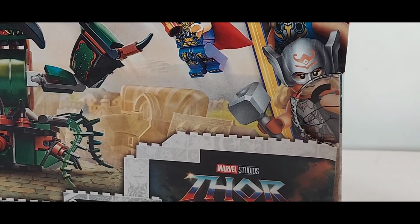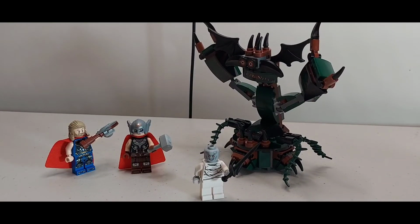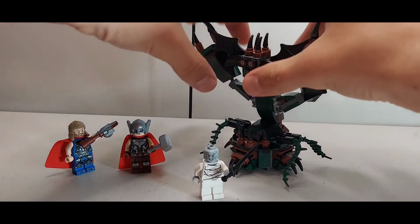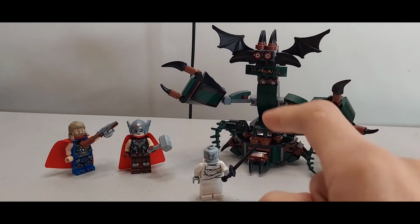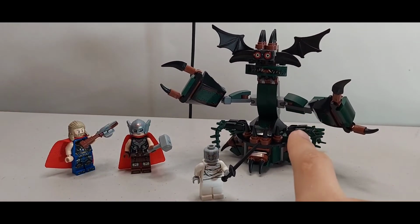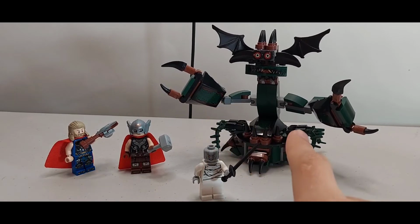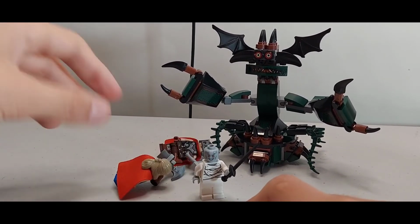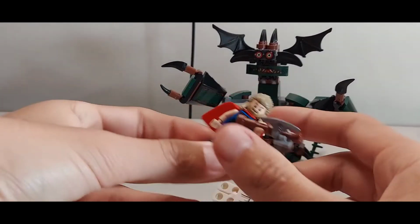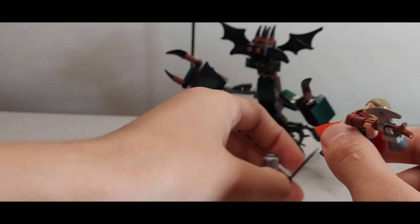And now I'm going to give my final verdicts on this set. So overall, this is an okay set. This is just okay. Now, if this is actually in the movie, I believe that everyone's going to be after this set. But if it's not, if this is based on concept art, then oh well. I do believe that some of the figures in the set, sorry Thor, but I actually intentionally tried to knock down Thor because he is just,